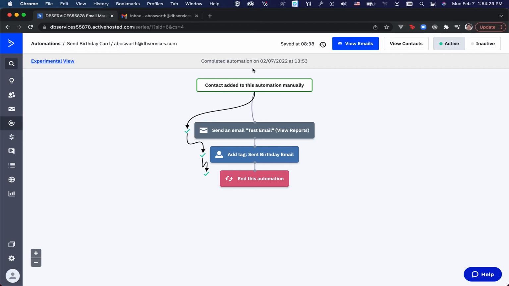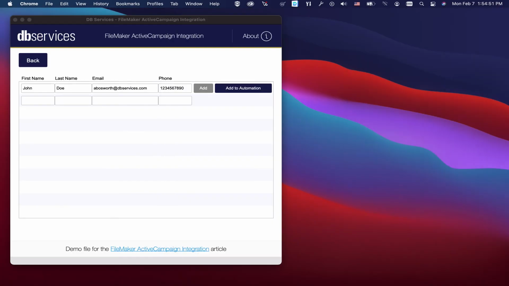Because ActiveCampaign allows for you to branch in certain areas. So you can do if-elses and say, hey, if it is this person's birthday, then send them an email. If not, just end. Stuff like that. You can get wildly more complex than what I'm showing on the screen right now. So it'll show you what time they got the email, what time the action happened, and when they ended. So that's all that basic information, and that's more or less all there is to it.